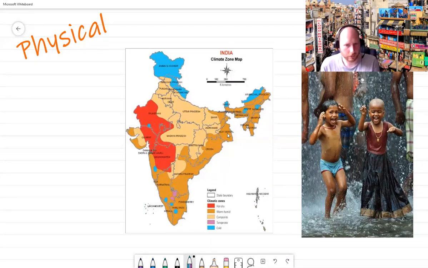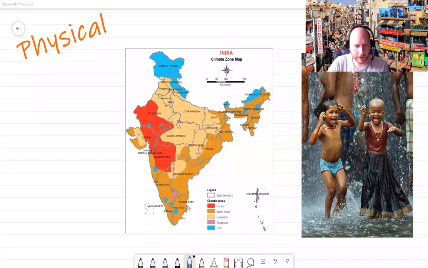We're talking jungles. We're talking monsoon seasons, which we're going to have a look at in a second. That's our little picture on the side here. Oh, there we go. We've also got areas that are quite temperate, so little pockets down here in the sort of central south. And then there are cold points, which show us either highland or as we go up here into Kashmir, we're entering the Himalayas. So it actually gets very cold. The altitude soars and the temperature goes down. Yes. So it's a huge country. So it has loads of different climates.